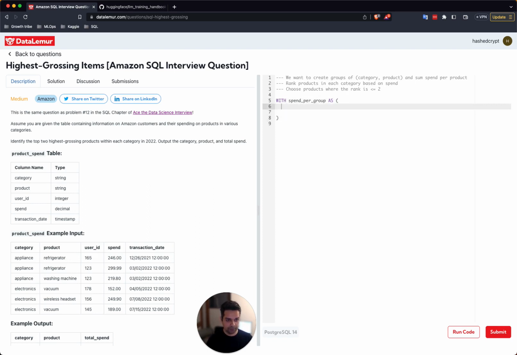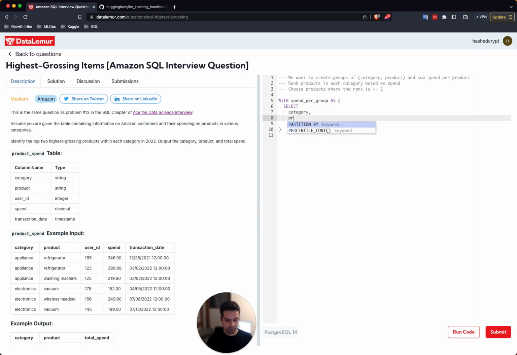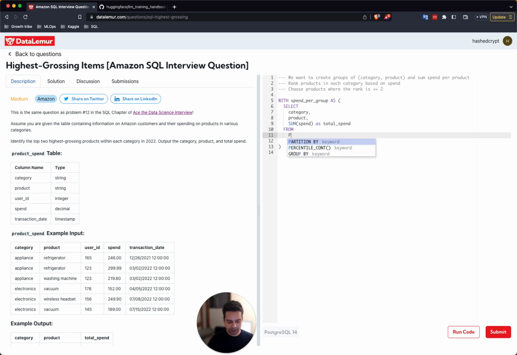So let's use the select statement. We want the category, we want the product, and we want an aggregation sum of the spend, and we're going to name it as the total spend. We want it from product spend,